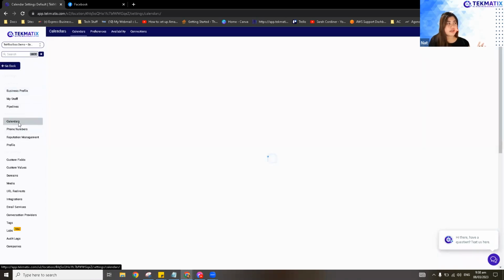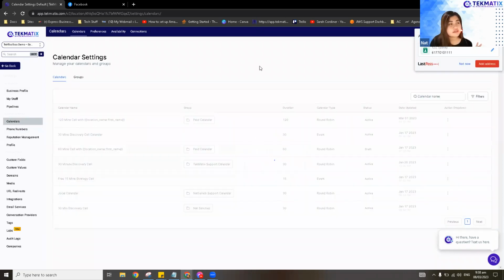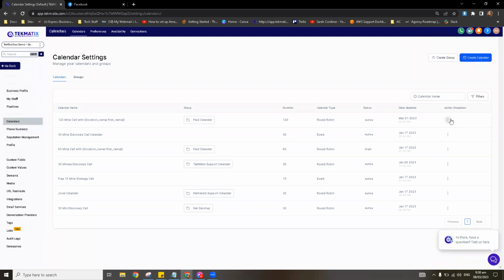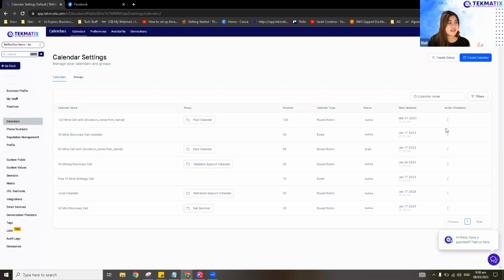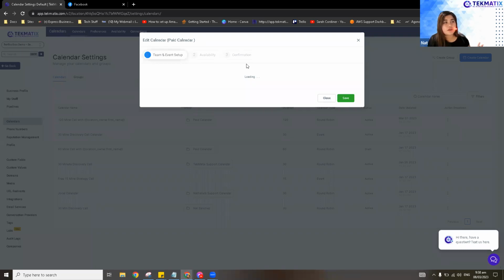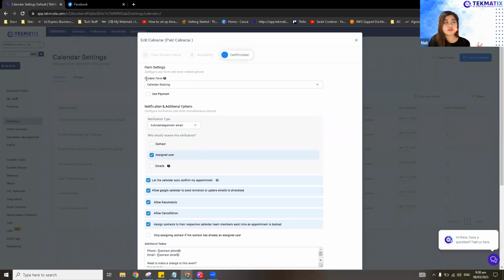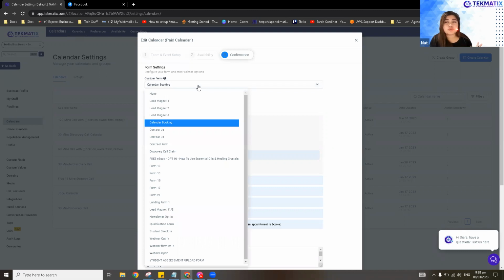On our calendars in here, let me just pick a specific one that we can play around with. Hey Hans. So we just got new people coming in. Hey. So let me just edit this one and I'll show you what I mean. When you go to confirmation, you are actually able to add a custom form in here. This custom form can be a default one, which will ask the name, email, phone number, and what this call will be about. But you can definitely create a custom form where you can add different fields, so you can ask more questions.